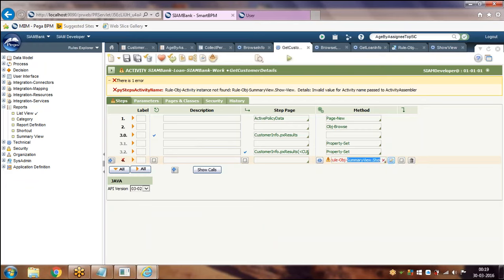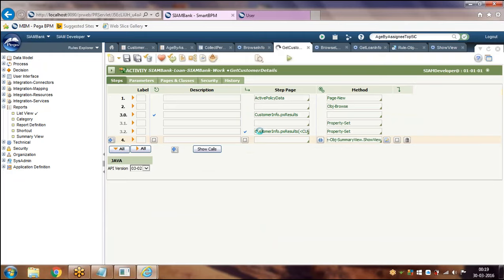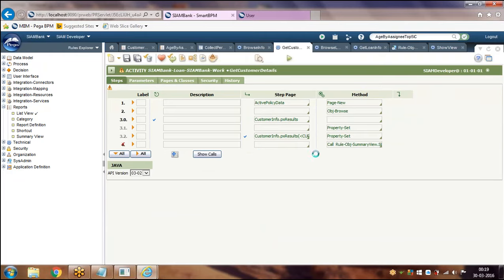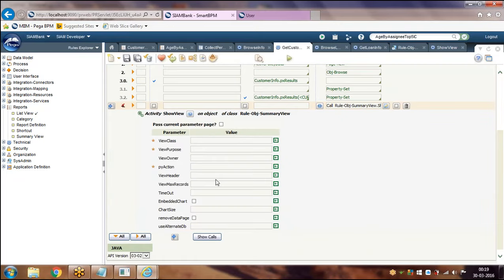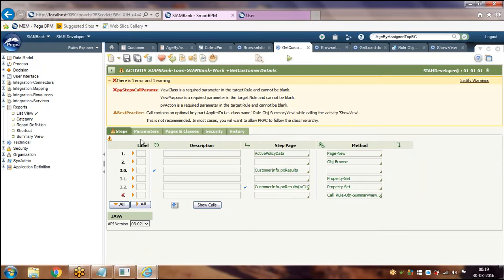We are just calling the default activity, Show View. Now it will validate you to enter the default parameters. You have to pass the parameters like view class, in the sense where the summary view exists, and view purpose, the summary view name, and the owner, and everything you have to pass.